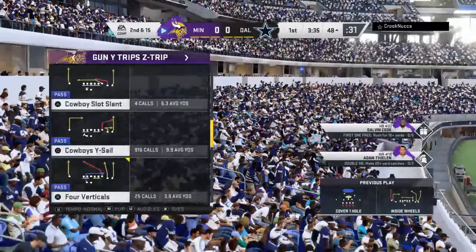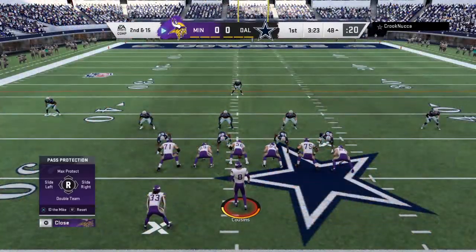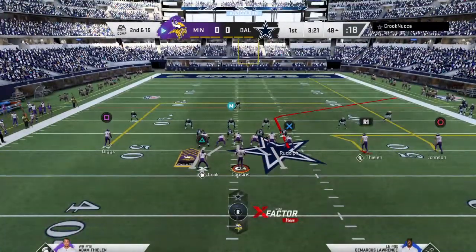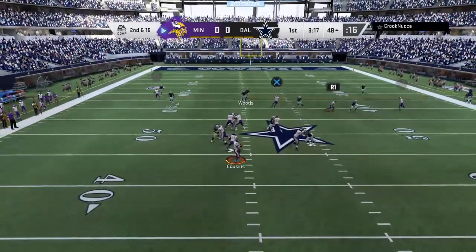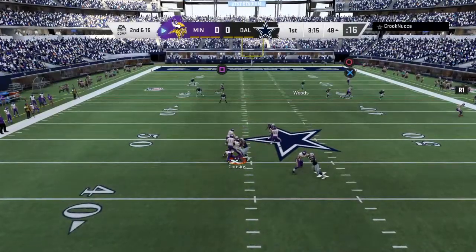It may be cliche, but it is something that holds up over time, doesn't it? If you're the visitors, you don't want to let the crowd in the game early. Yeah, and that's exactly what they did there. But you said also this defense, they're going to give them a lot of...